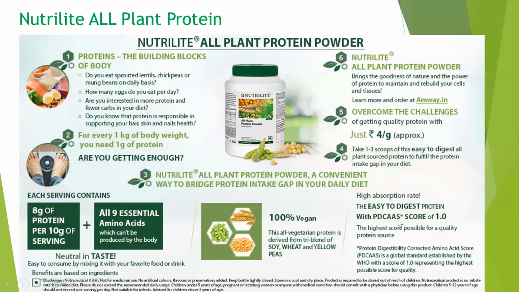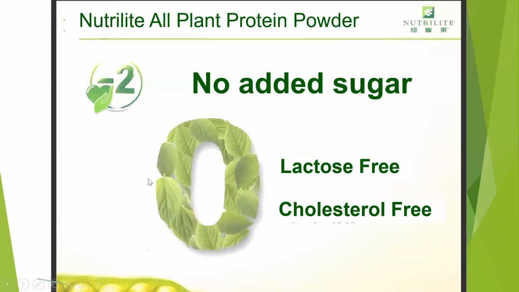It is the measure of the quality of a protein, which is accepted as a very important quality measurement parameter. And the value of this protein is 1.0, which is the highest attainable protein quality. Point number one. Second, why it's a complete protein? Because all 9 essential amino acids are there. But more important than the completeness of it, when it comes to Nutrilite, is what is the ratio of those 9 essential amino acids?